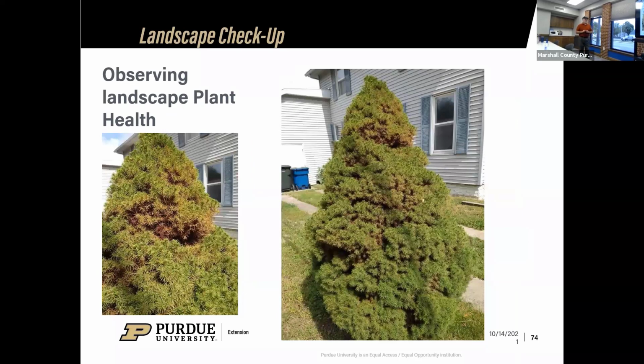So we just want to observe our plants. Insects could be causing this damage here. And what we need to do is address it early. Mites can be reduced by spraying the tree on a regular basis, but you don't want to let it get to this point. You want to diagnose what's causing the problem to properly treat it. But that's common with